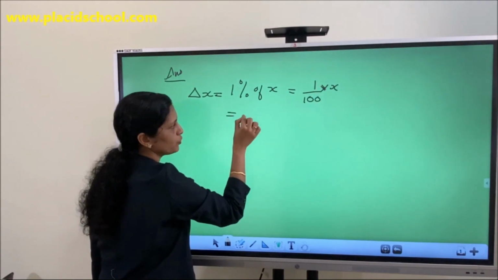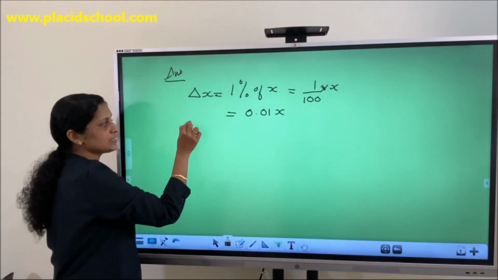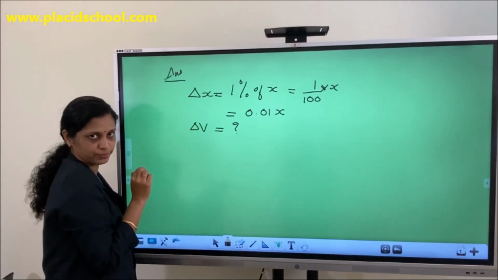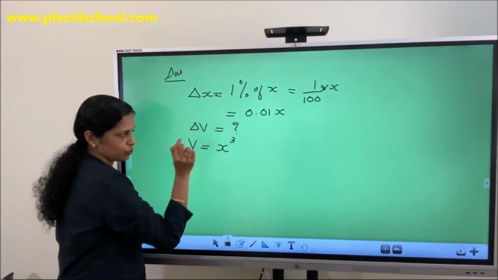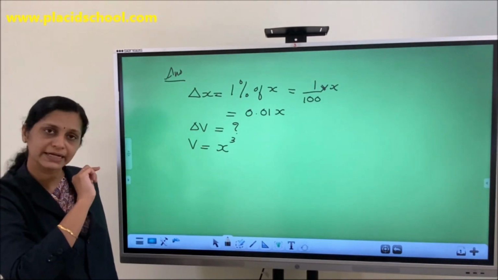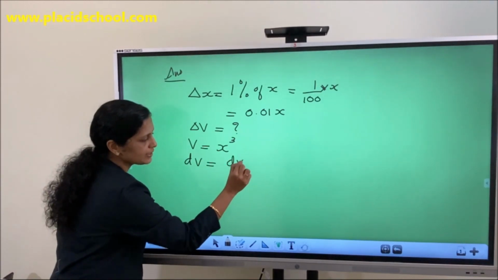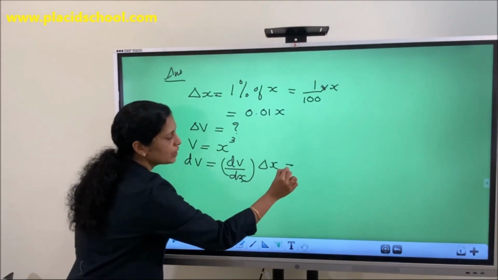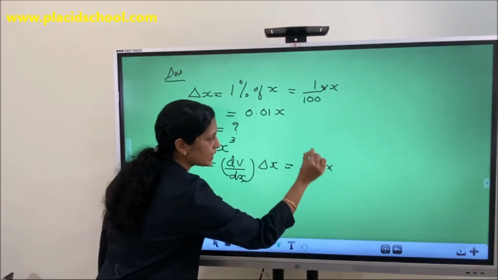That is equal to 0.01x. We need to find the approximate change in the volume of the cube. And we know that the volume of a cube is V equal to x cube. For finding delta V, we can find only dV. Therefore, we can find dV by using the formula dV by dx into delta x. Then dV by dx is equal to 3x square